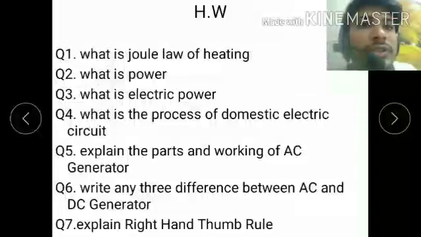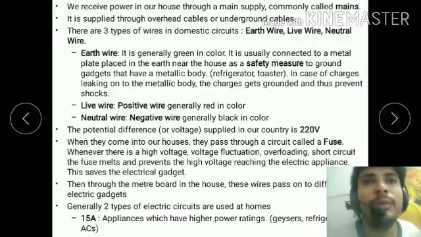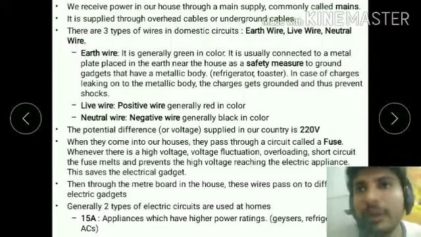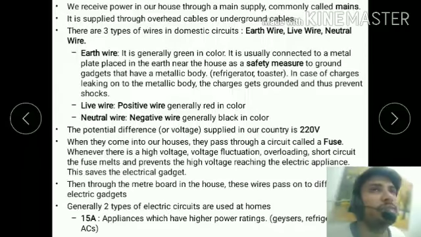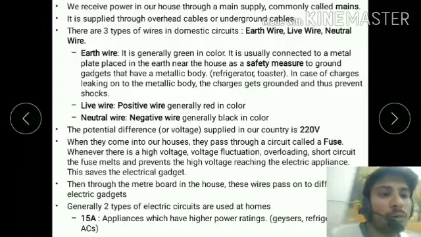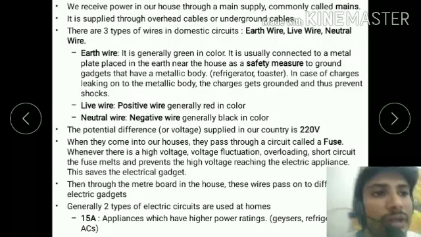Now finished. I think you have done this chapter, and some important questions of this chapter are left. We will do them in the form of numericals. Some numericals are important. These are based on resistance, Ohm's law, series combination, parallel combination, and the AC generator and DC generator.